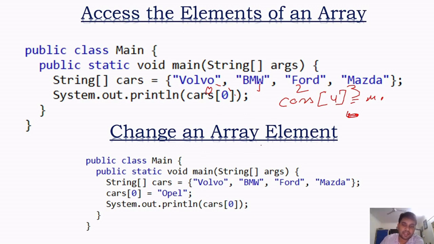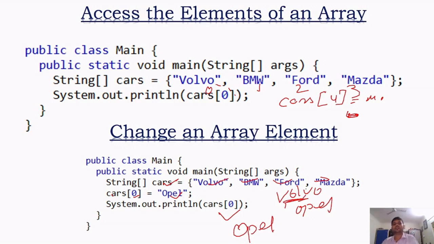So changing an array element, अगर हमें array में कुछ changes करना है, जैसे यहाँ cars array में दिया है Volvo, BMW, Ford, Mazda, लेकिन cars 0 लिख दिया है, मतलब cars array में 0 पोजीशन में हमें ओपेल रिप्लेस करना है, सो Volvo ओपेल से रिप्लेस हो जाएगा। अभी जब वो प्रिंट कर रहा है तो आउटपुट ओपेल आएगा, वॉल्वो नहीं आएगा। यहाँ पे इट हैज चेंज्ड द कैरेक्टर्स नेम टू ओपेल।